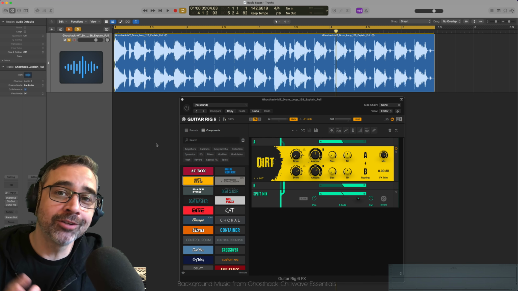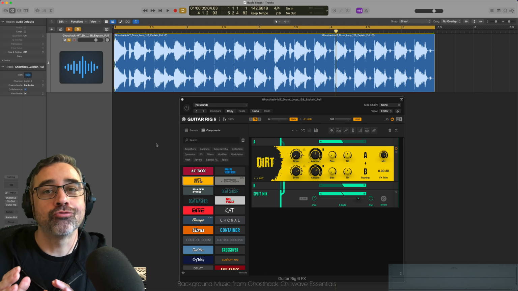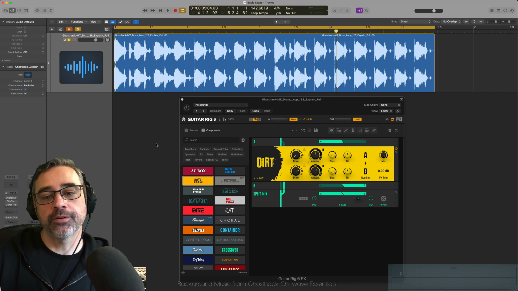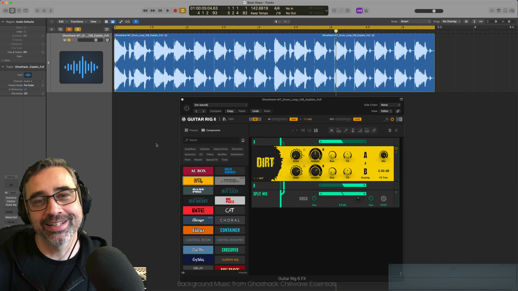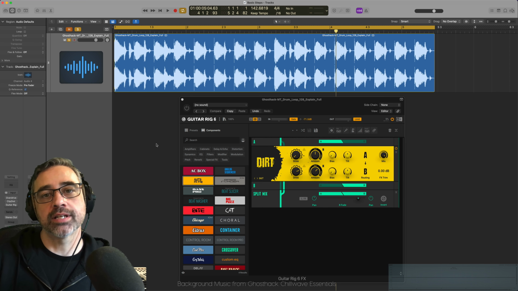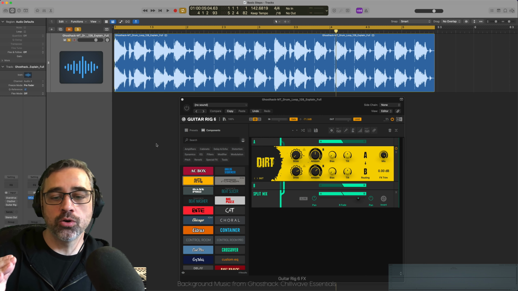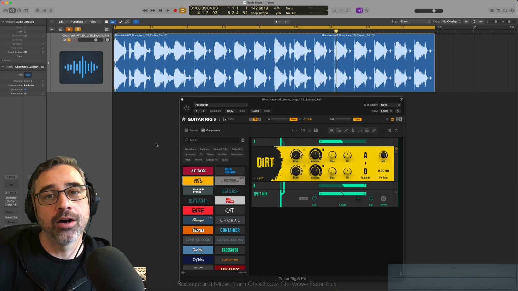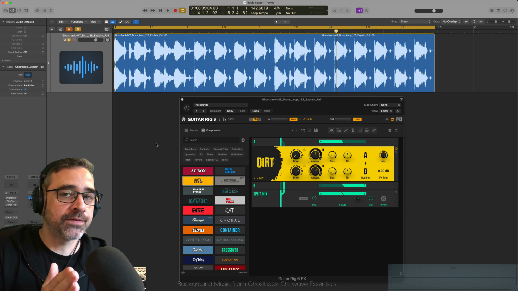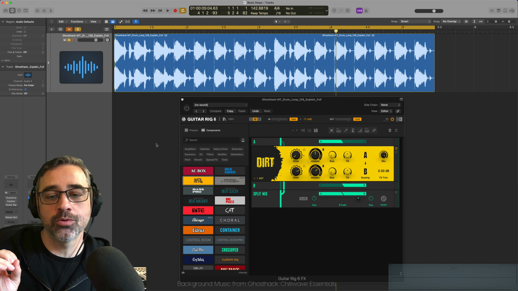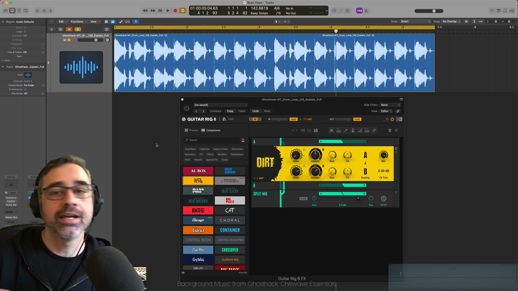Okay, so next level up topic of conversation here is routing. And we're going to use a tool called Guitar Rig from Native Instruments. And specifically, I'm going to load up an often overlooked tool inside of it called a container. And specifically, this one is called a split mix container. And what this does is it allows us to load into two separate halves of this container any number of effects that we want. And then we can crossfade between these two containers. We're just going to keep it very simple, and I've just loaded a simple distortion unit called Dirt in here in one half, and the other half is completely empty.